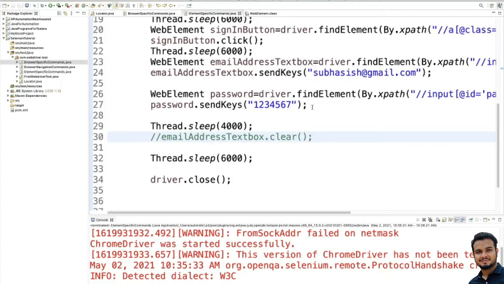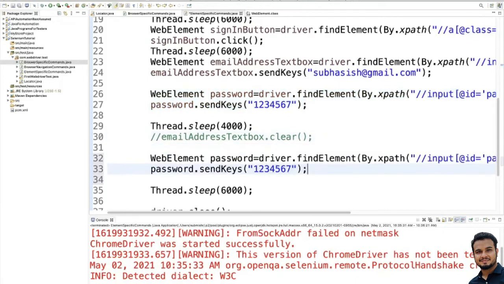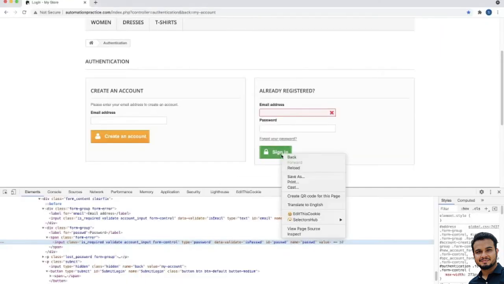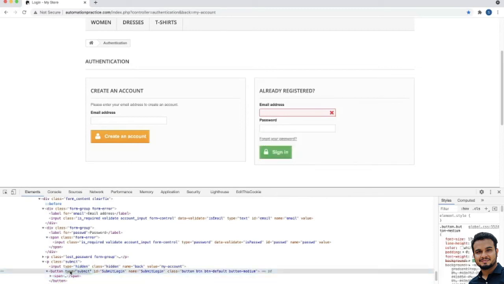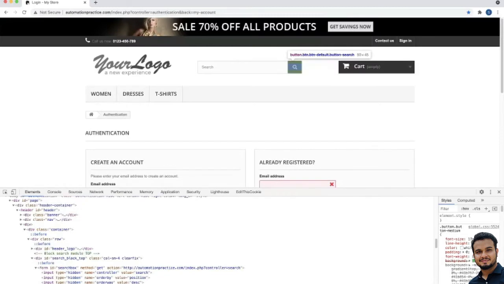So for the submit button, first we need to identify it, right? So web element submit button is equal to, let's identify this, inspect. Here it says type equal to submit, so I will use this button.